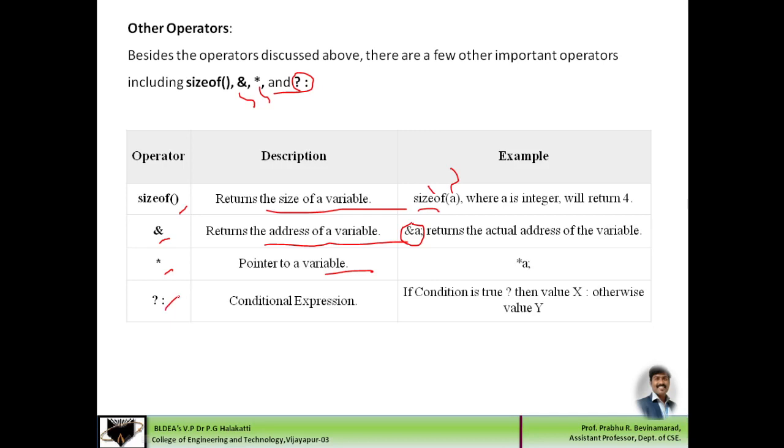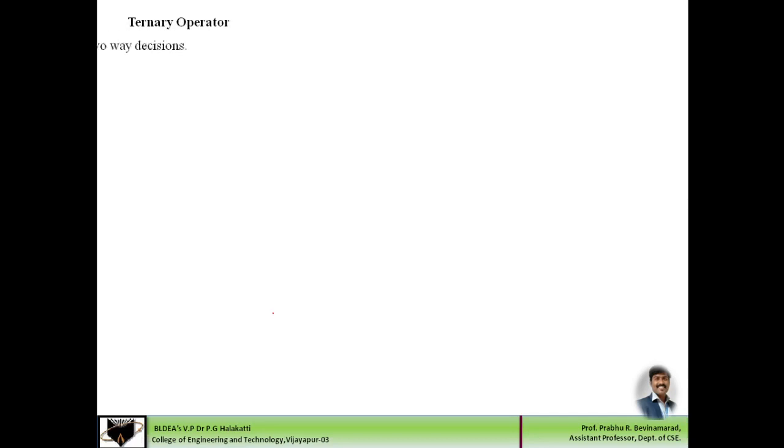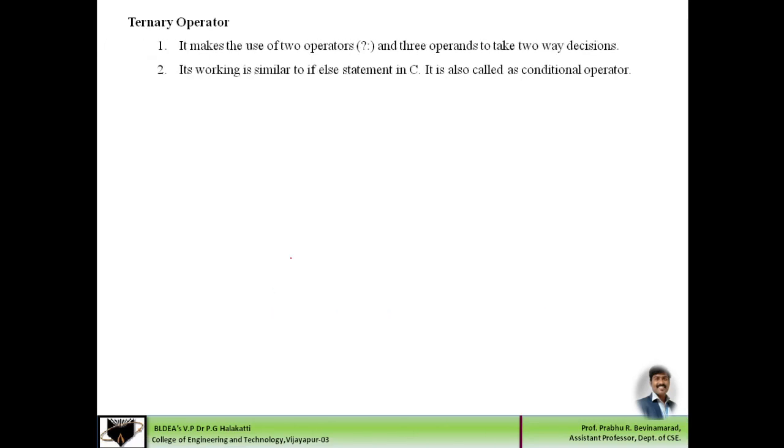At last we have the conditional operator. This conditional operator is used in many situations to return a true or false value, depending upon the evaluation of the expression. So let us go in depth, and we shall take a few examples to understand this conditional expression. The conditional expression is also called a ternary operator. So here it will take three values, and depending upon the expression evaluation, a result will be returned.